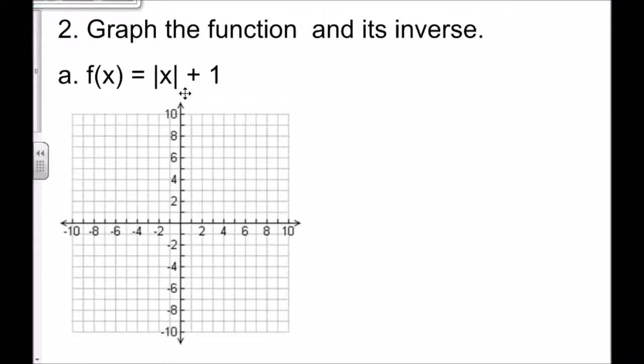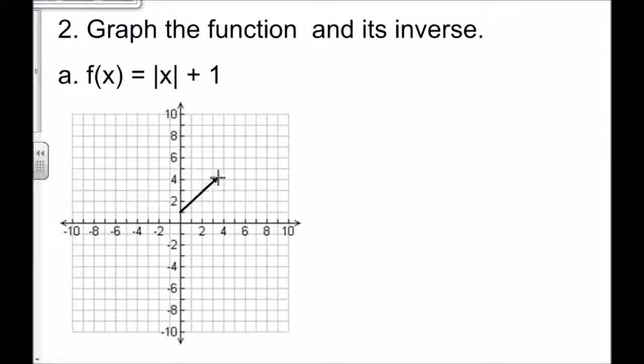Now for part 2, first we're going to graph the function and then its inverse. To graph the function, we have absolute value of x plus 1. The function absolute value of x is a V centered at the origin. This plus 1 after the function means that it will go up 1. So now the center point will be here,